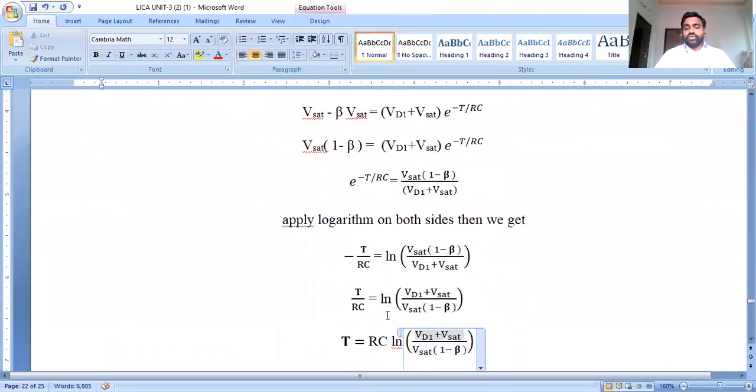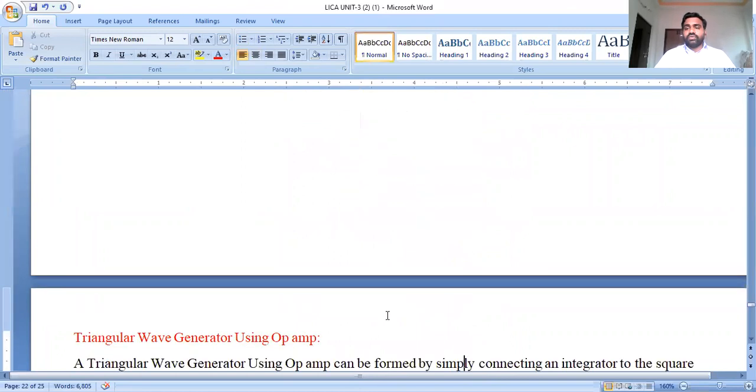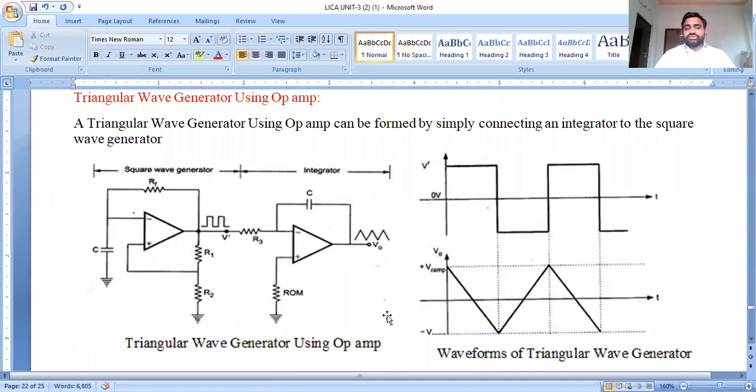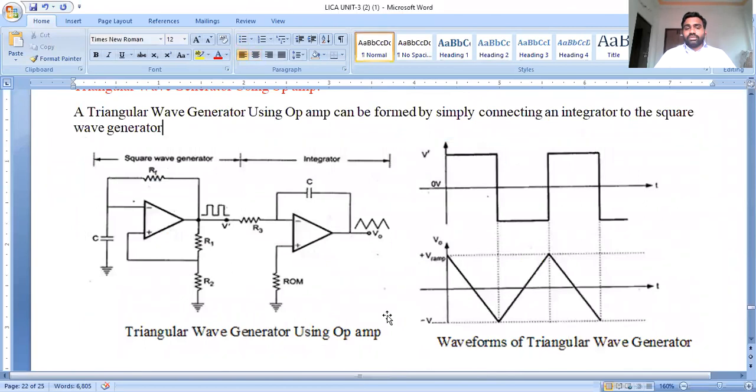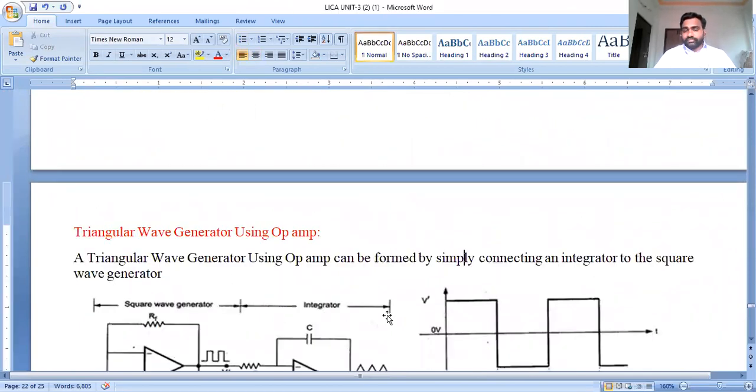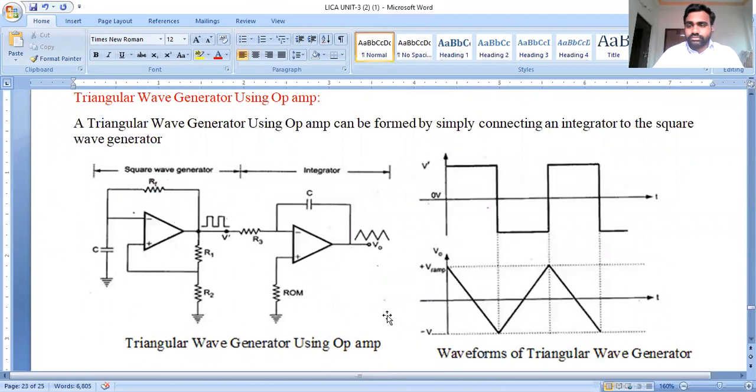That means in previous classes we discussed the behavior or application of multivibrators with respect to an operational amplifier. So in this class we will discuss the triangular wave generator using operational amplifiers, and logarithmic and anti-logarithmic amplifiers, in the application of operational amplifiers. That means these are all various applications. Mostly we are discussing the nonlinear applications of operational amplifiers. Okay, we discussed the zero crossing detector. The zero crossing detector is a peculiar type of application of a comparator.